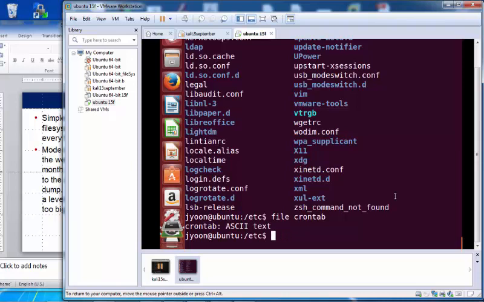More, or cat, or less, or tail if you want to read only a few lines from the back, or head. Those are all the commands that you can read with. If you read line by line, all concatenated, then you can use cat space crontab.